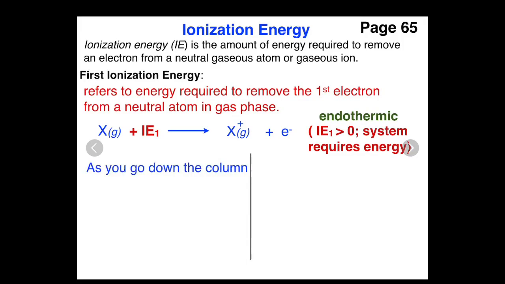So let's take a look at when we go down the column first. If we are looking at the periodic table and we are going down the group, from top to bottom, you will see that the atomic radii will increase because the energy shells increase. The atomic size will get bigger as you go from top to bottom. And as the size is getting bigger, if you compare between the two, so if you have a bigger size versus the smaller size,